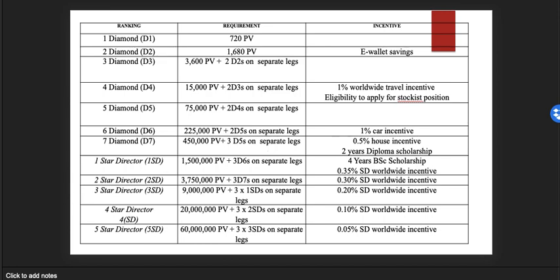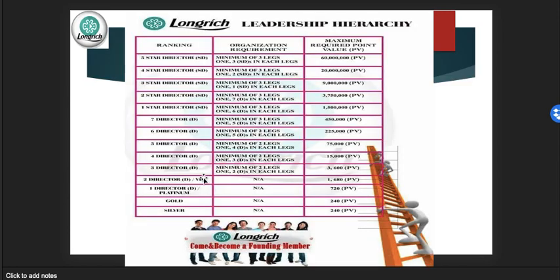And so, how do you grow in Longrich? This is the leadership hierarchy. From Silver, no requirement, 120 PVs. Gold, no requirements, 240 PVs. Platinum is a Director 1, a Diamond 1. Sorry, here they use Director for everything. Whoever did this made a mistake. I copied this from a page, but please take notice,